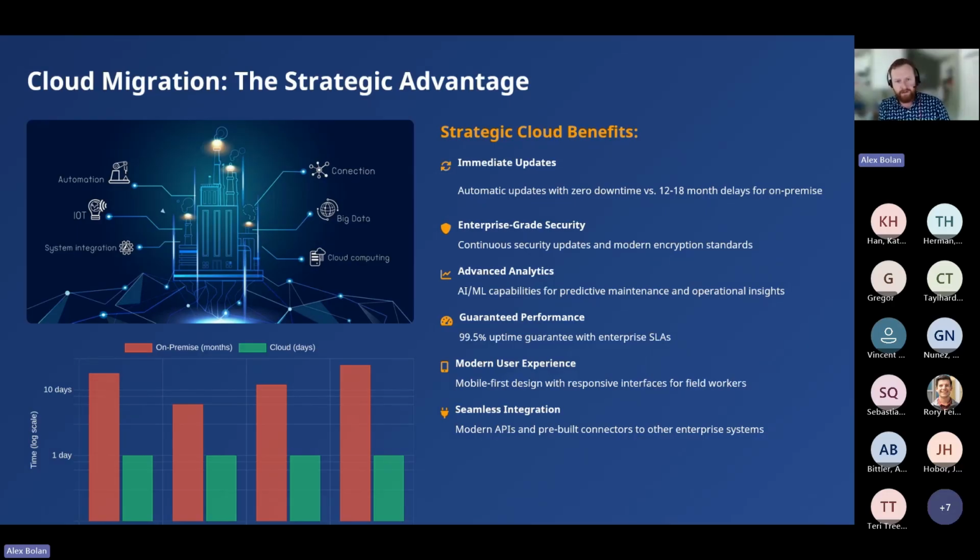Cloud customers receive their software updates immediately. There's no downtime. It just happens. And it sounds like fairy dust in some ways, right? But it does, and we see it, and it's reliable too. While on-prem customers, traditionally, had to wait 12 to 18 months for major updates. More recently, Hexagon released the on-prem updates the same day as the cloud updates, but it still takes time.